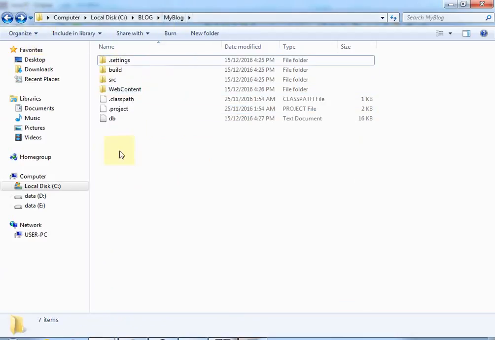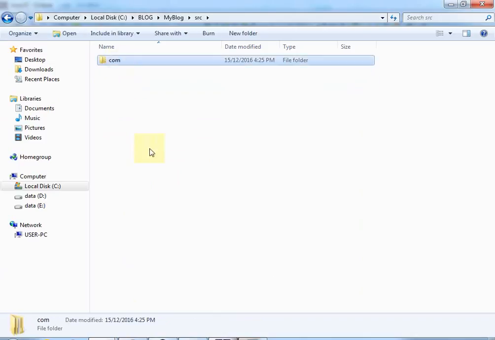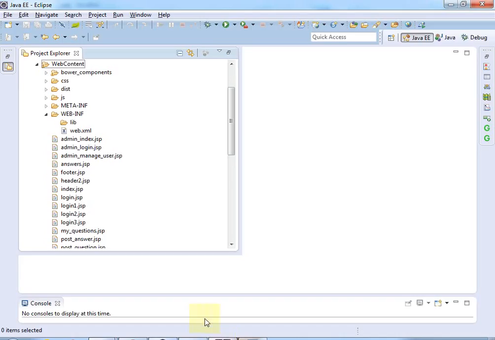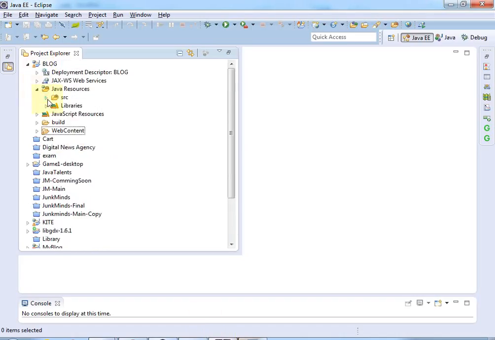This is what I've given you. We've done the DB, we've done web content. The third step is we do SRC. So let's go to SRC, copy this entire thing, com. So copy this com here, go to Eclipse and minimize this web content, Java resources. There is SRC. Now inside this SRC, we've got to copy this com folder,